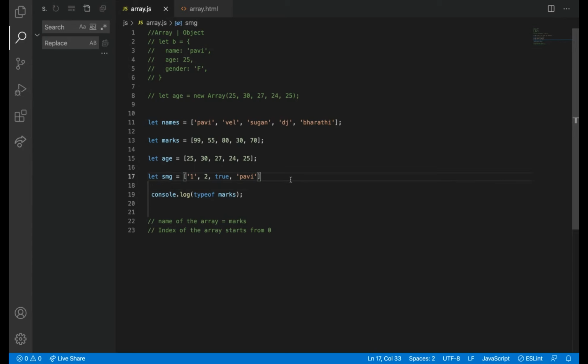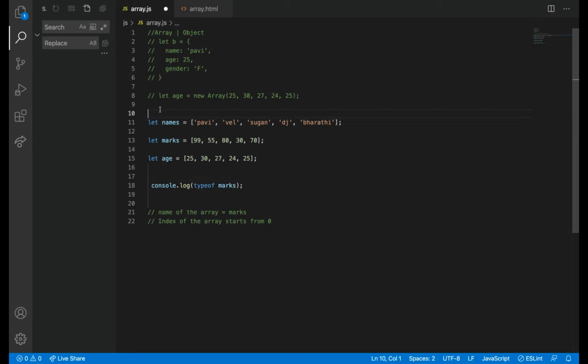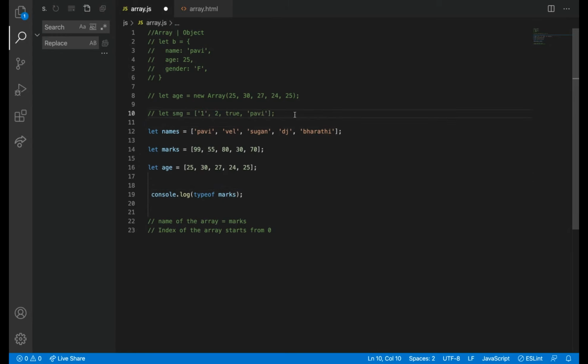Syntactically it is correct; we can use different data types. But practically we won't use values of different data types, because if I want to manipulate it, how can I do it? If I want to add some number to it, I'm going to add it here, and then add it here, but I need to add only here. So for manipulation, we won't usually store it like this. It is not useful.